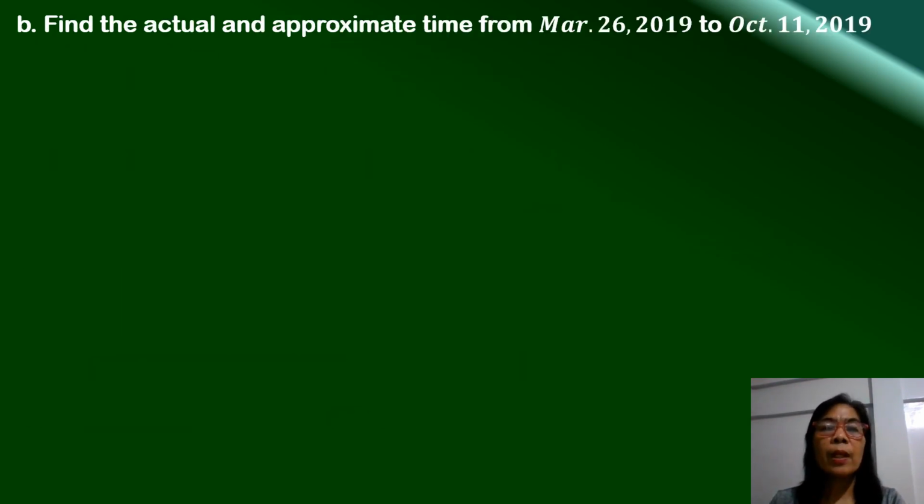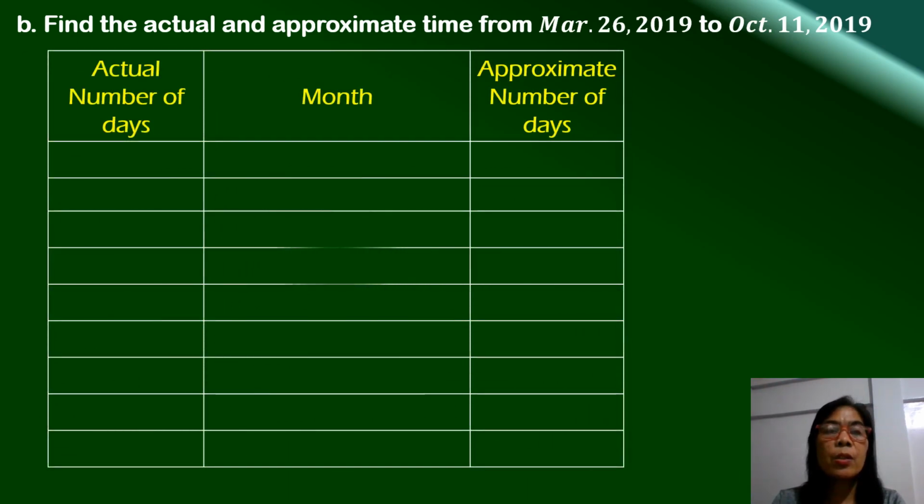So to determine the actual and approximate time from March 26, 2019 to October 11, 2019, we construct the table showing the actual number of days, the month, and the approximate number of days. So starting from March 26, 2019, the actual number of days will be 31 minus 26, and that's equal to